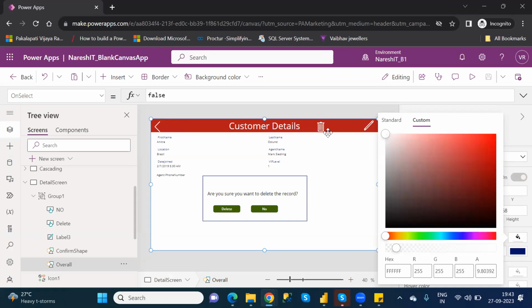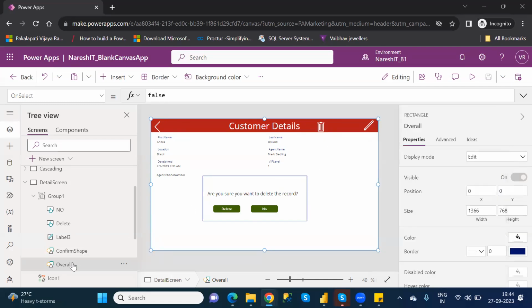So that's the reason. See, the shape needs to be taken completely on the screen itself. If you didn't take it, if you are clicking on any other elements, definitely those operations will automatically pass. Then what is the use of the confirmation message? That's the reason you always need to take the shape on the complete screen itself.